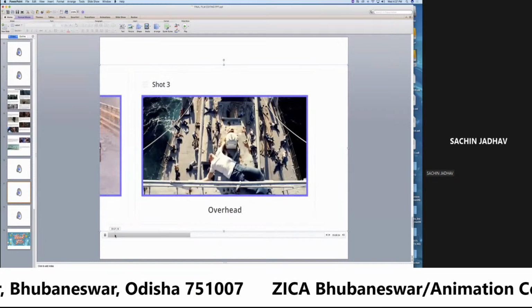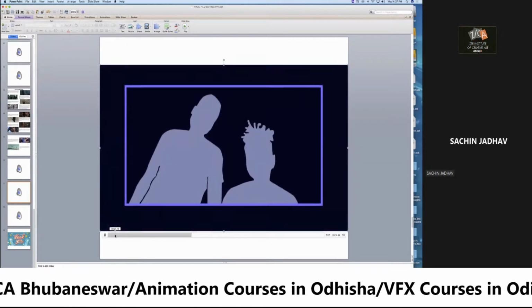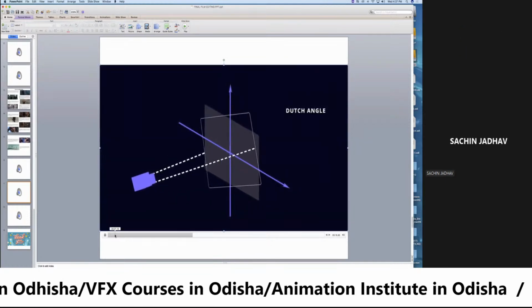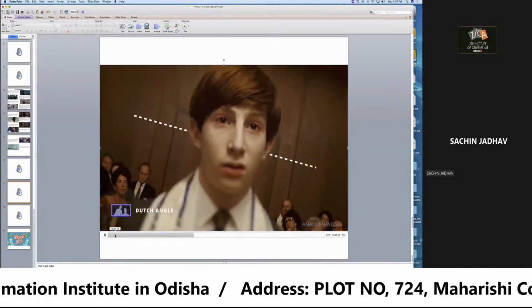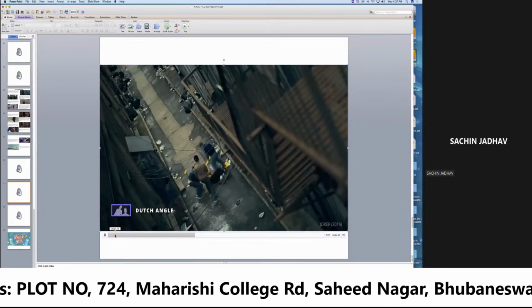Now, an angle that puts us off balance. The Dutch angle. The Dutch angle shot skews the horizontal axis of the frame for an off-kilter image that produces a variety of effects. Dutch angle can create a sense of unease, mania,